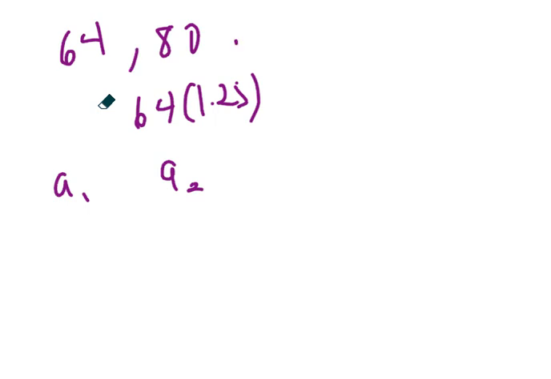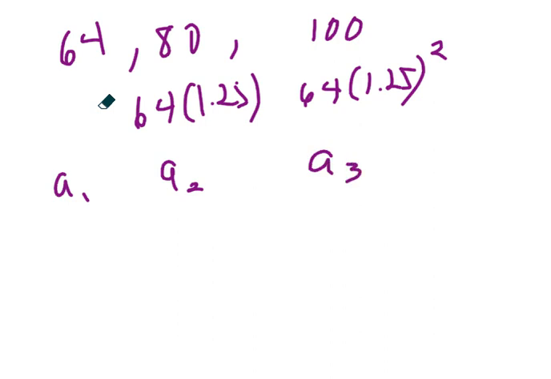The next term was 100, which was 64 times 1.25 times another 1.25. I multiplied my common ratio again. So in other words, A3 was 64 times 1.25 squared. And the next number was 125, which was 64 times 1.25 squared, but then multiplied by another 1.25, which is